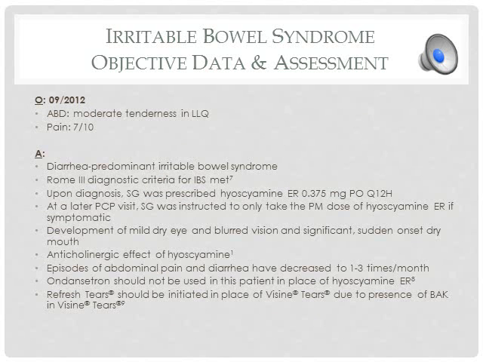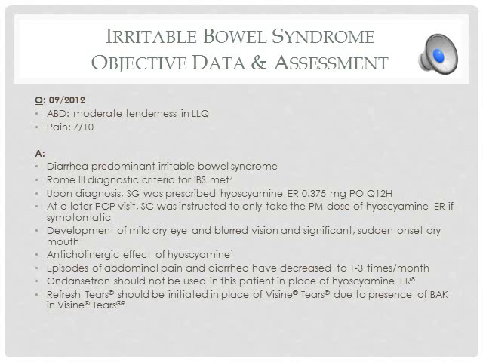The objective data for the patient was an abdominal exam that showed moderate tenderness in her left lower quadrant. We have made the assessment that SG is a 62-year-old woman diagnosed in September 2012 with diarrhea predominant IBS. Her symptomatic presentation of abdominal discomfort associated with a change in frequency and form of stool for a time period greater than 12 weeks met the Rome-3 diagnostic criteria.